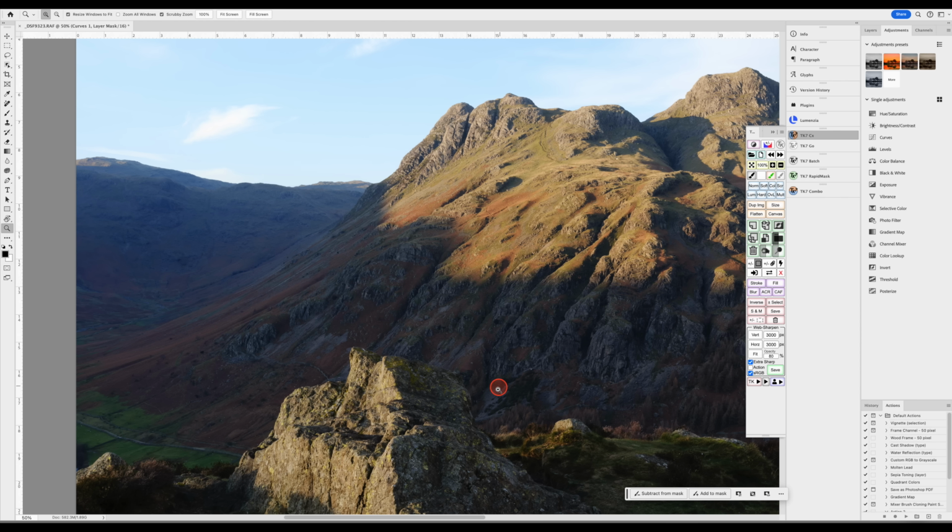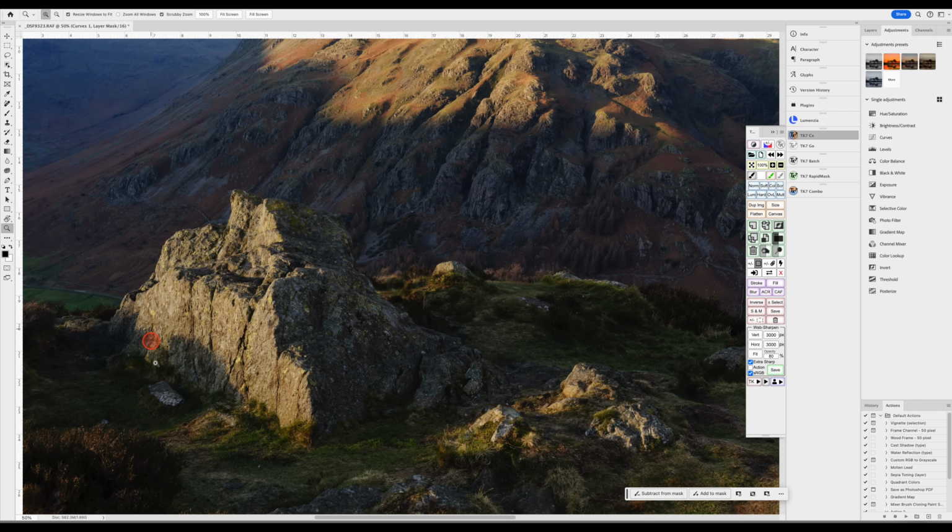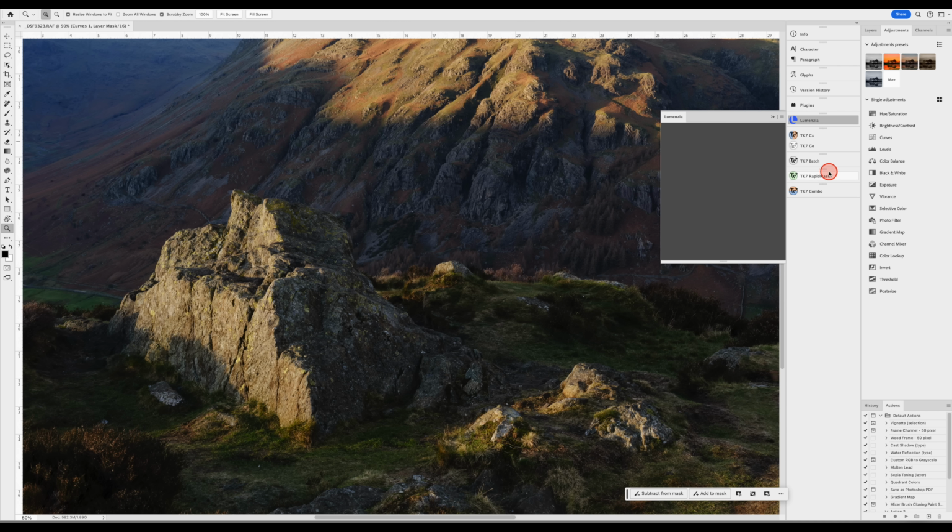If I really wanted to bring more emphasis to this sunlit rock, I would probably use something like Lumenzia or TK7, the masks so that I could actually just brighten those areas without affecting the rest of the image. So in this case, we can grab a lights mask, and you can see that the bright areas here are what will be affected when I use that brush. The darker areas, not so much. So if I select that, this is the mask,